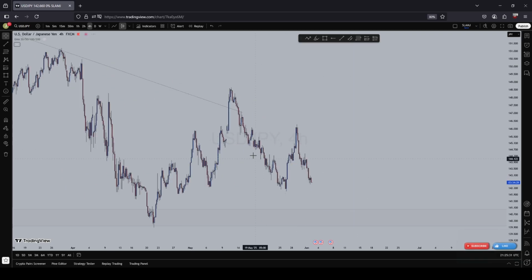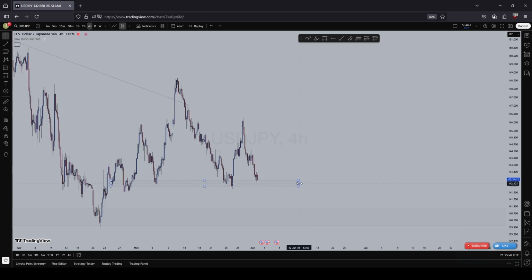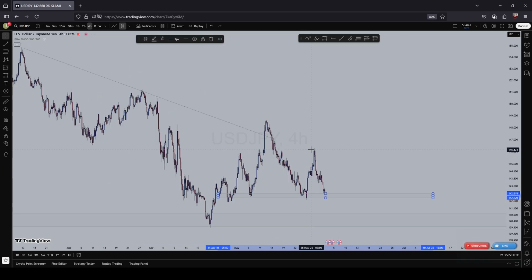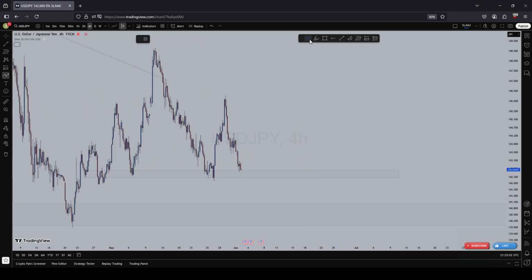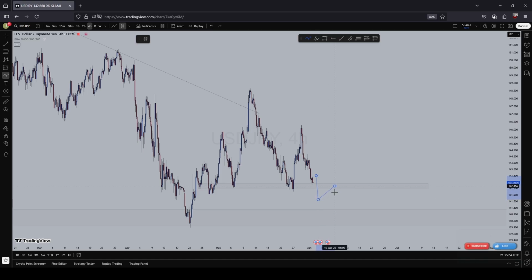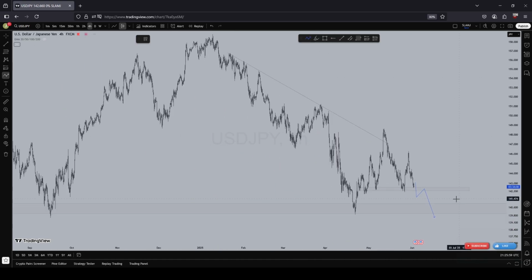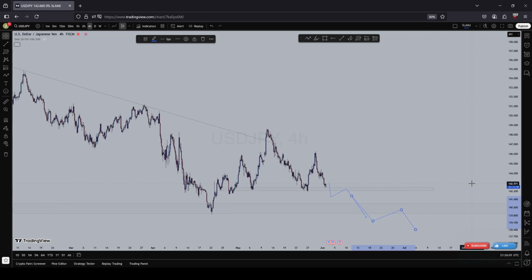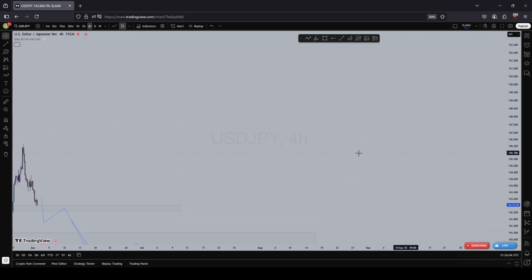Now, on the 4-hour, price sold off aggressively down here and hit this support level. So price came down aggressively, hit this support, and is back again at that support level. Now, what is the best thing for us to do here? The best thing is just to wait for price to break this and continue this larger sell momentum, or ultimately break this and continue the sell momentum,